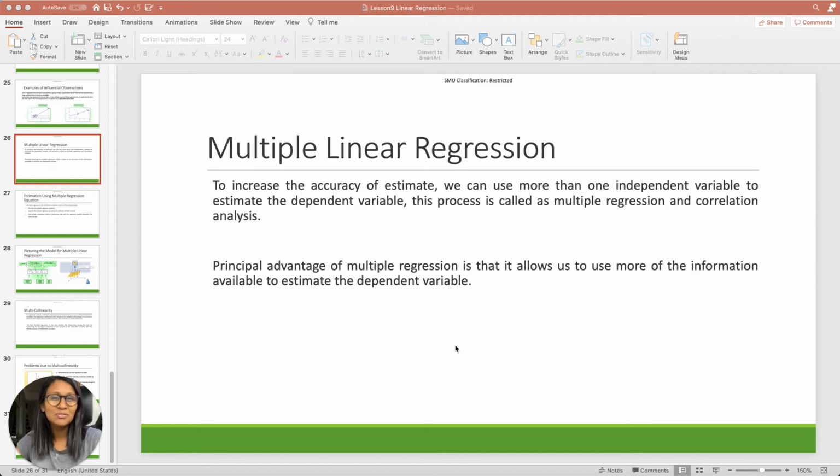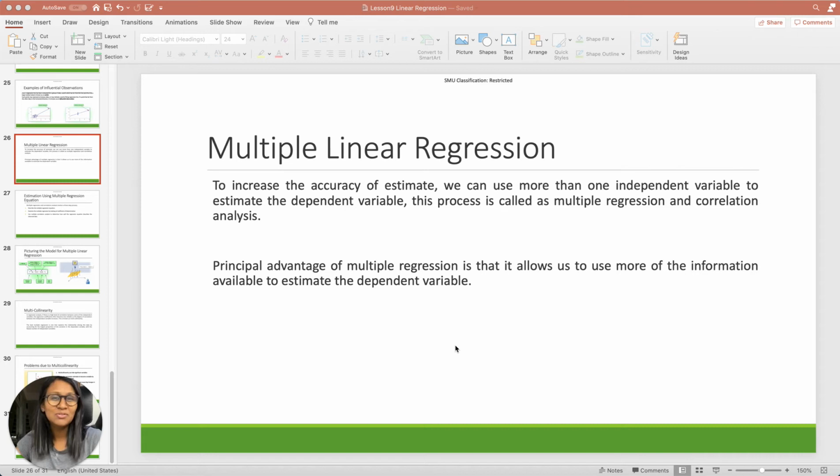The first question that I would like you to think about is why is it that the multiple linear regression model is better than a simple linear regression model? One thing that we discussed is that in most real world situations, there is often more than one factor that impacts Y. That is the reason why when you build a multiple linear regression model, you're able to make use of more information to explain your Y variable.